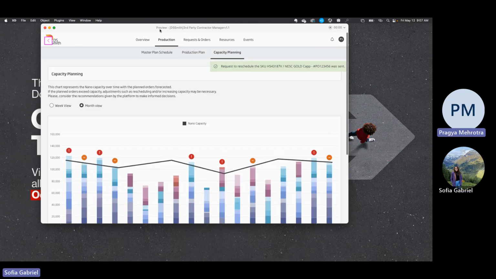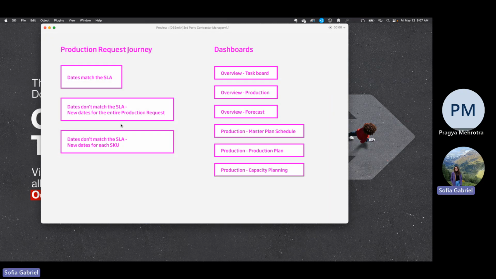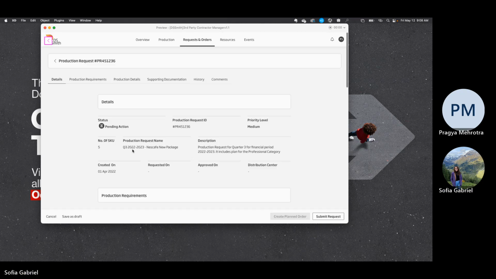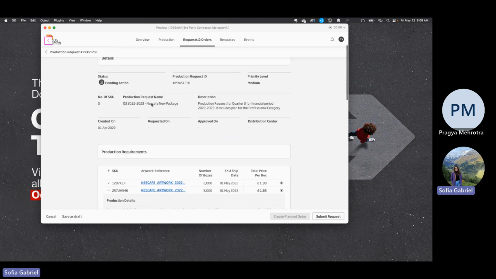Okay, all right, then returning to the production request journey. We have 3 different use cases. The first one is if the dates match their SLA. If the dates match their SLA, he will receive this production request with all the